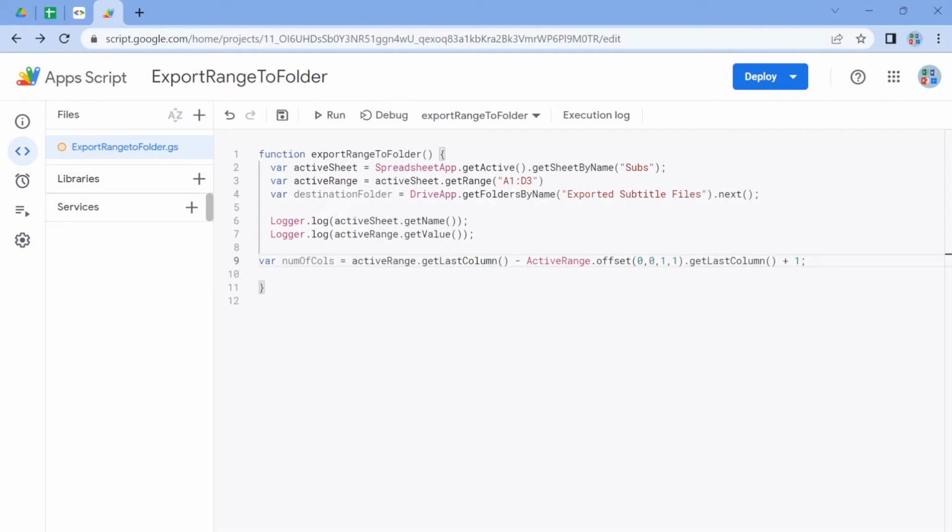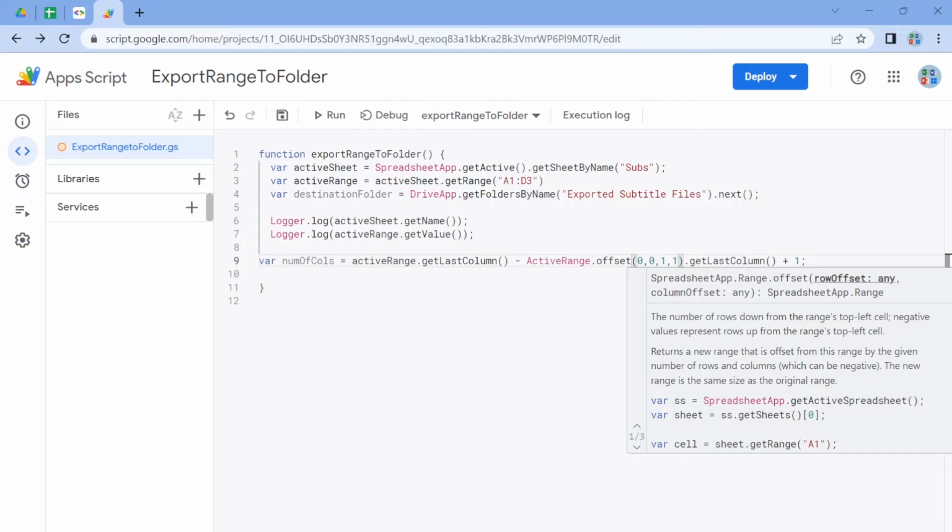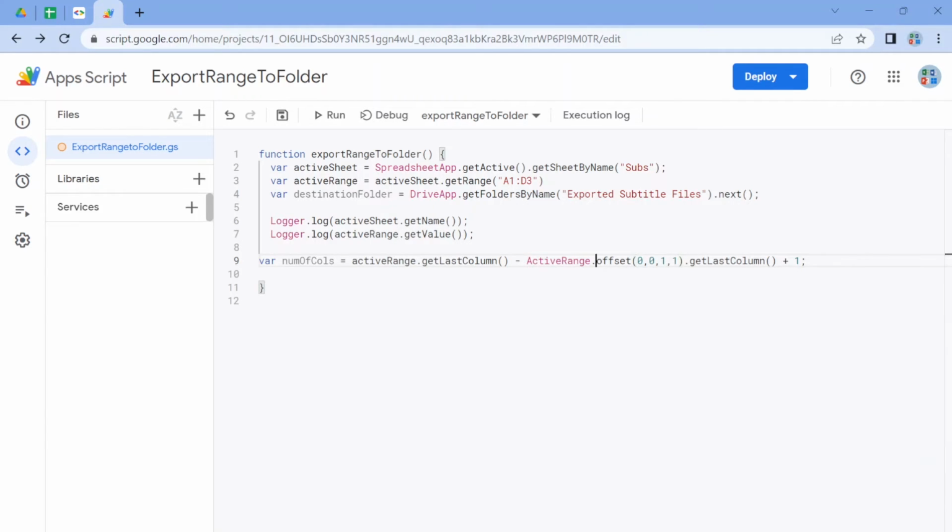And how do I get the first column's position? I'm going to offset this active range. I'm going to use an offset formula here, and what does it do exactly? This is very similar to the offset function in Excel, where you take four variables. You say I offset by how many rows, how many columns, and after I offset, what is the height and width of the resulting range I want.